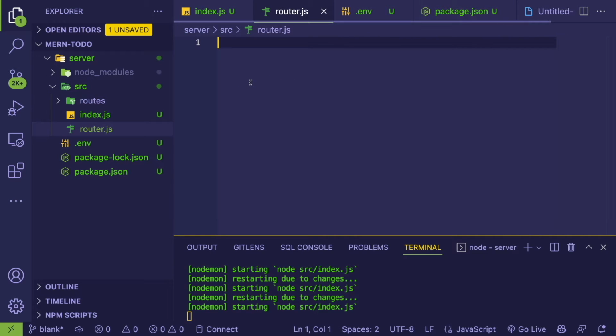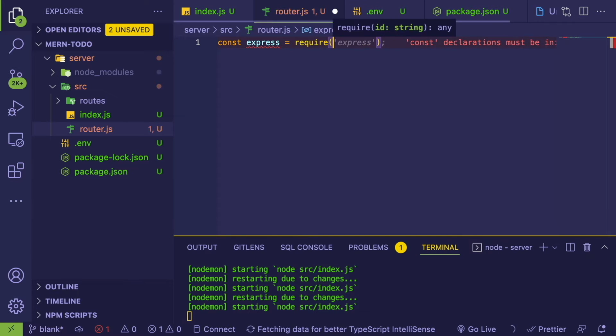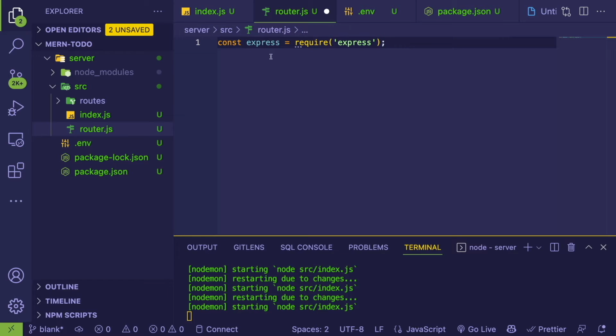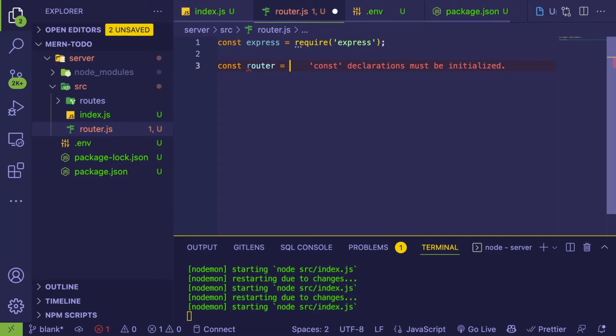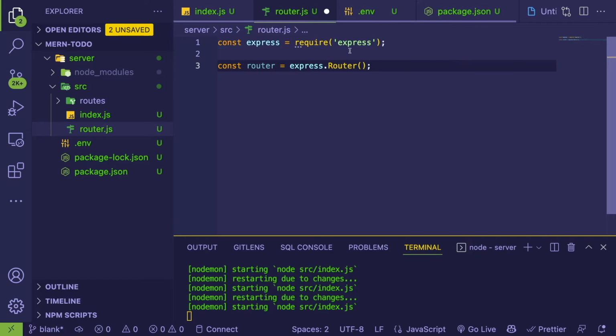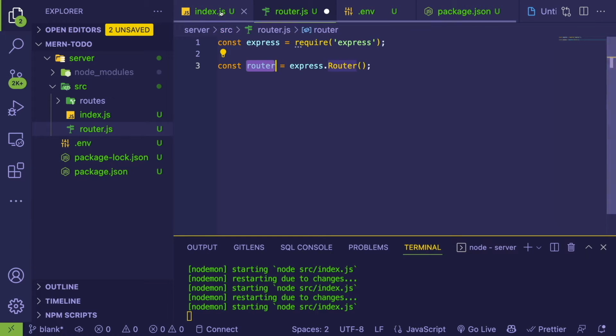So typically in Express, to keep your code organized and manageable, you want to keep your router and your routes separated. So I'm going to say const express is equal to require express here. Again, you can import these third-party libraries in whatever folders that you want. And I'm going to say const router is equal to, I think it's express.Router. So this is going to create what we call an Express router, and you can attach things to this